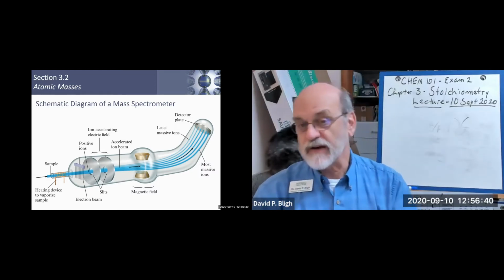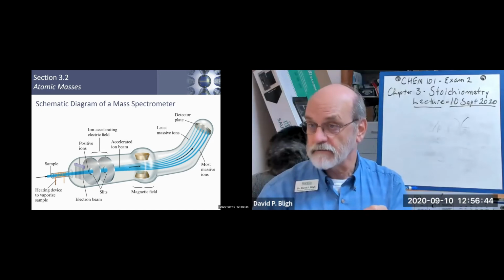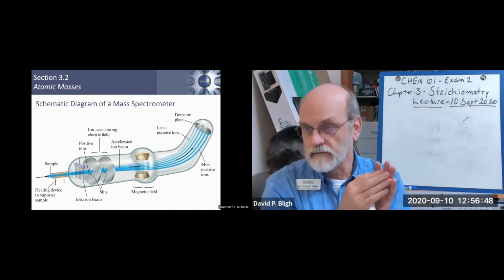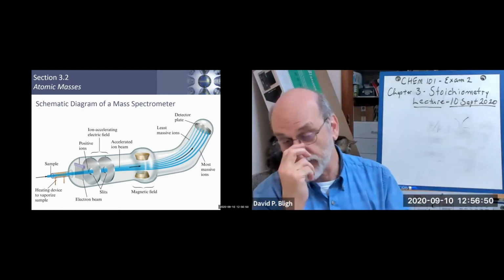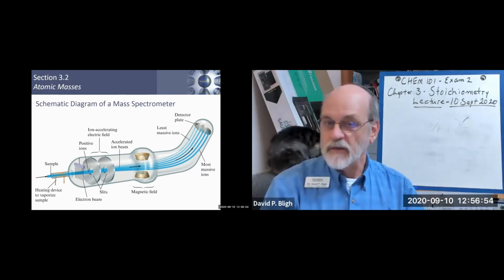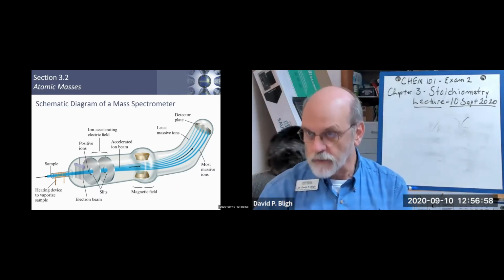A light spectrometer will take white light, say, from the sun, and you can split it apart into the different colors. Well, actually, for the sun, you have lines, but that's another story. But for a mass spectrometer, we use mass as the determining factor